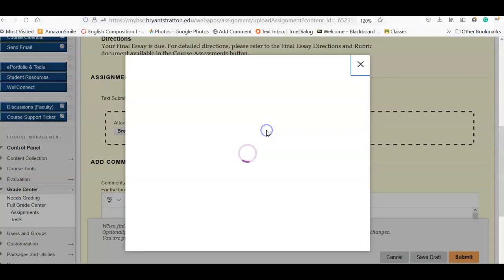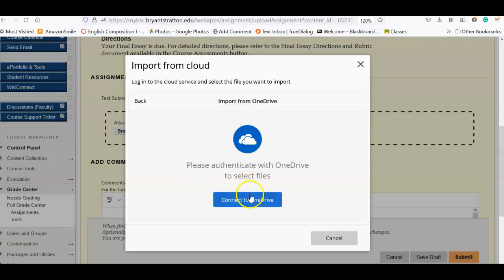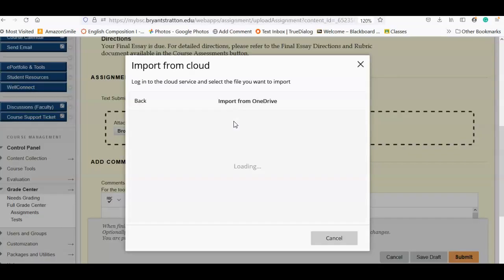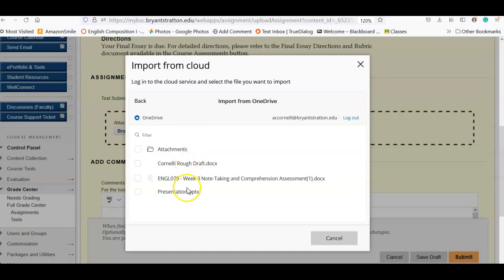Or if you use the cloud service, use OneDrive, and then you would just have to make sure you're connected to OneDrive, which you should be because you're already logged into Blackboard. Yep, it's going to make me do that. Yeah, so it's going to look at this. Okay, let's just say that this is what it says, rough draft, but let's just pretend that it says final draft.